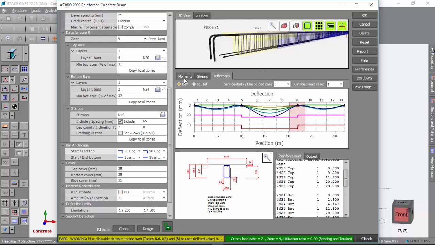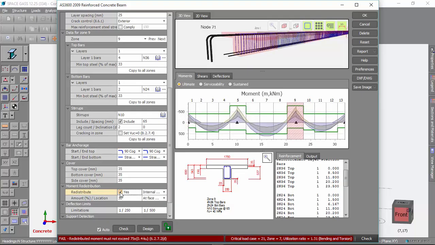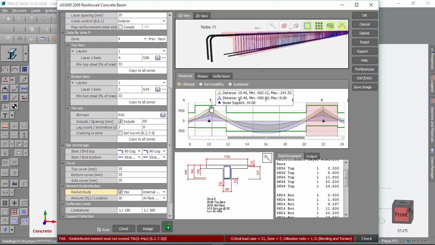So Space Gas lets you do it by first of all just turning it on. I'll just switch back to the moment diagram first. So just take note, we've just got the envelope there of negative and positive moments. So if I turn this on, you can see there's now a second set of curves, and they represent the redistributed moments. So it's reduced the negative moment over the column, and it's increased the positive moment in the span. So everything is adjusted, including the shears, to maintain equilibrium,